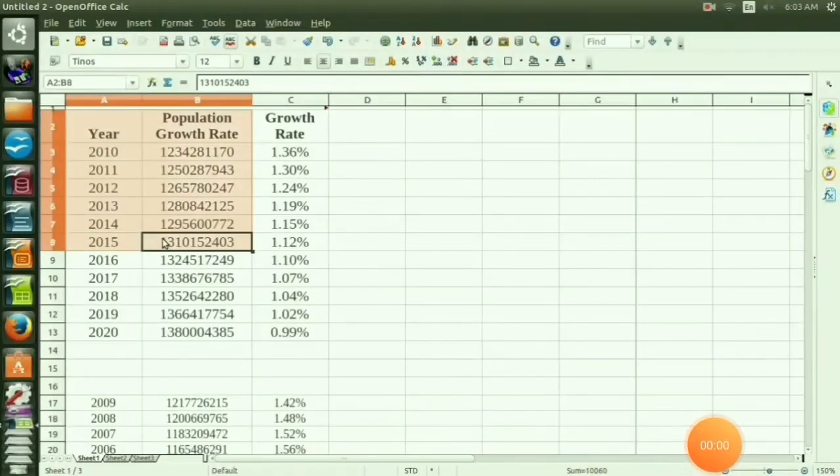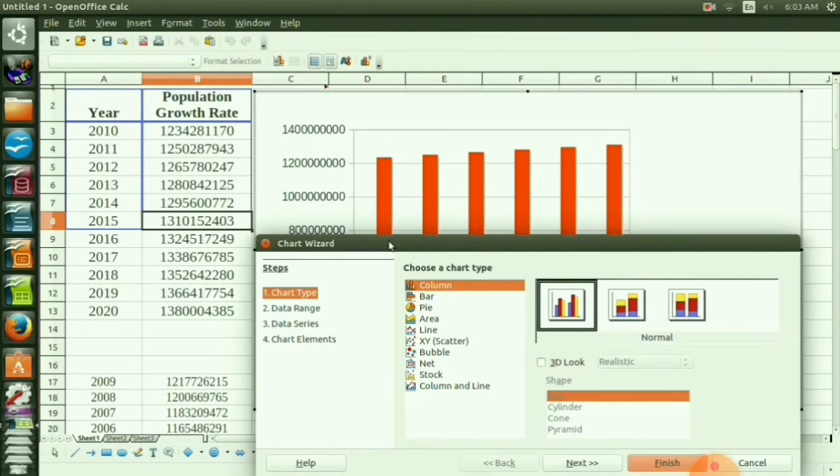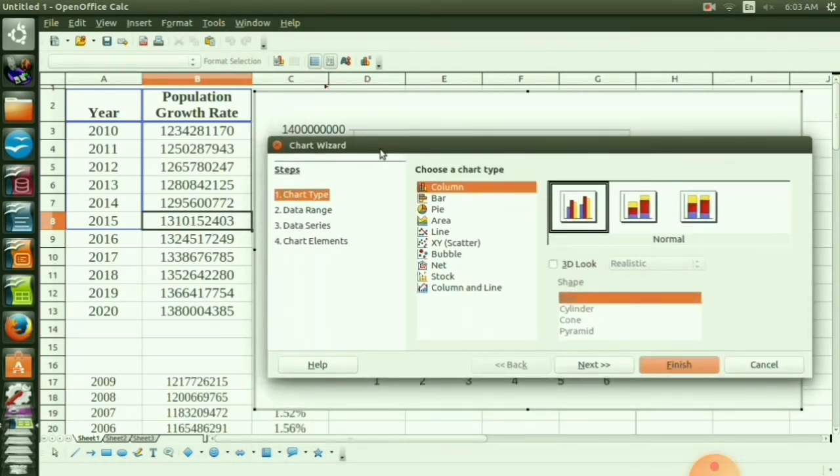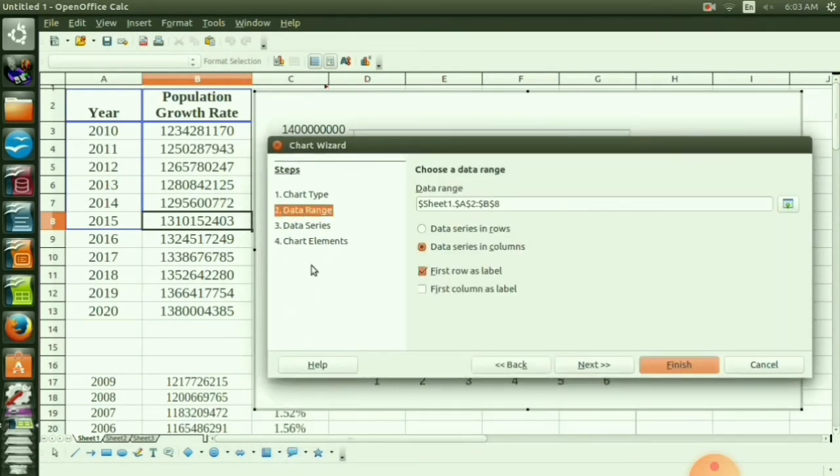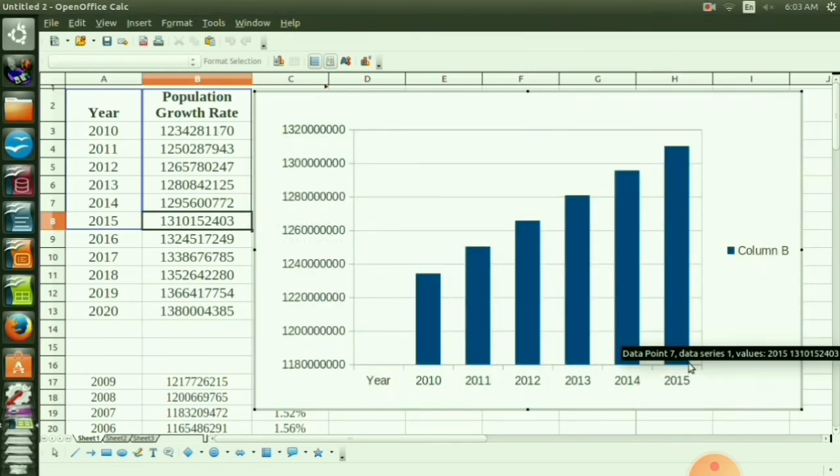This is another way of creating a chart. Select the range, click on insert chart button, chart wizard appears, then select default options and click on finish button. Chart is